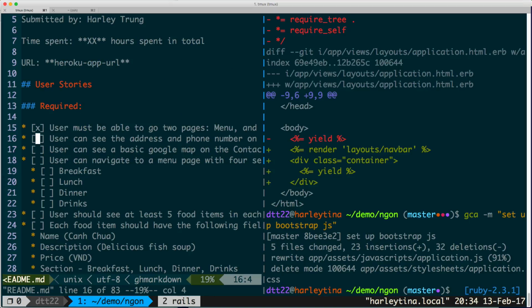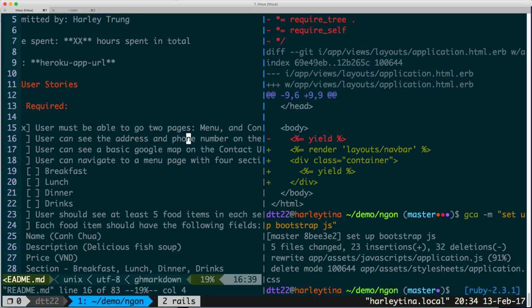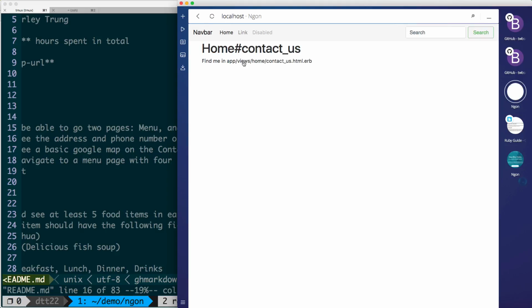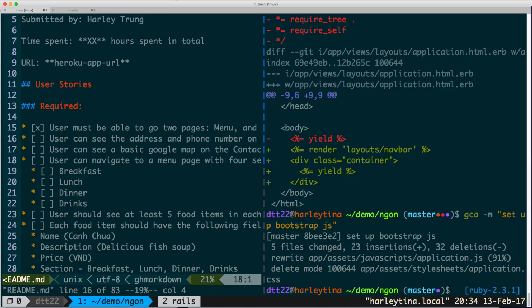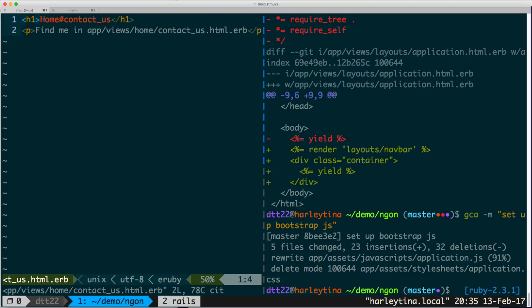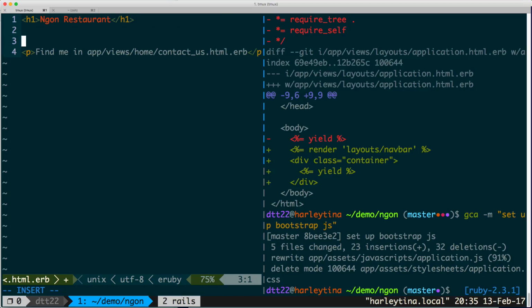So the readme says: must see address and phone number on the contact us page. Oh, that's easy. Let's go to the contact us page. Where is it? View, home, contact us here, right? So maybe just saying on restaurant, and we use some bootstrap here. Let's say